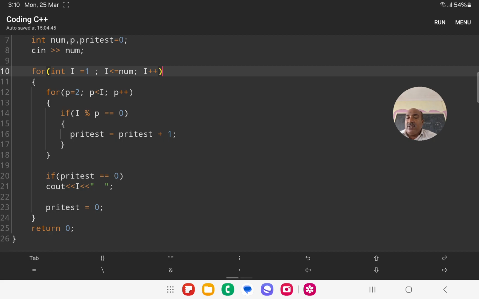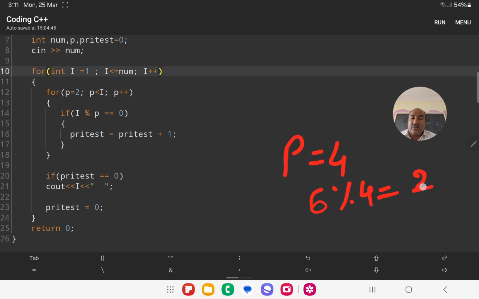So prime test, already 1 is there, becomes 2. Then again p plus plus, p equals 4. Then it will go to the if condition, 6 mod 4 gives remainder 2. Then prime test already has 2, so it will not be increased.